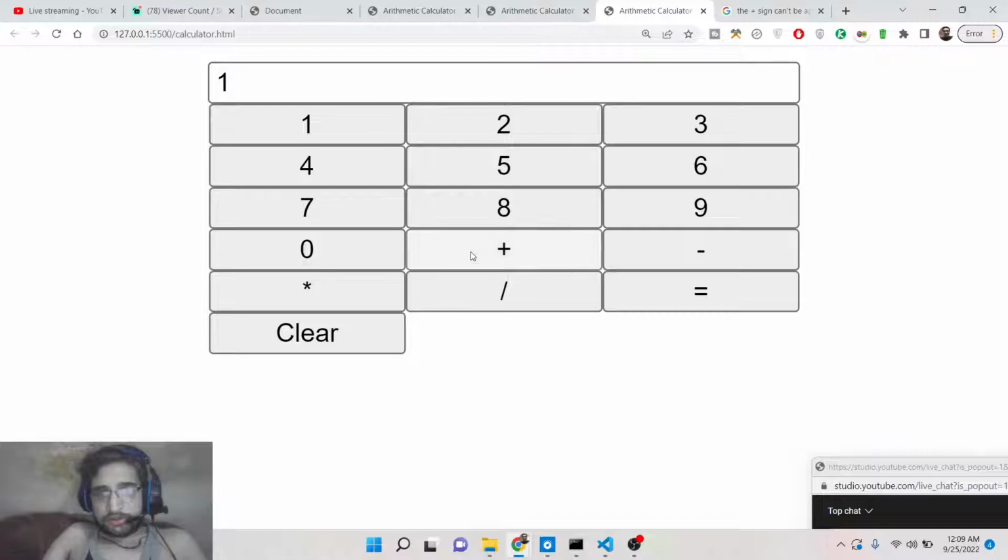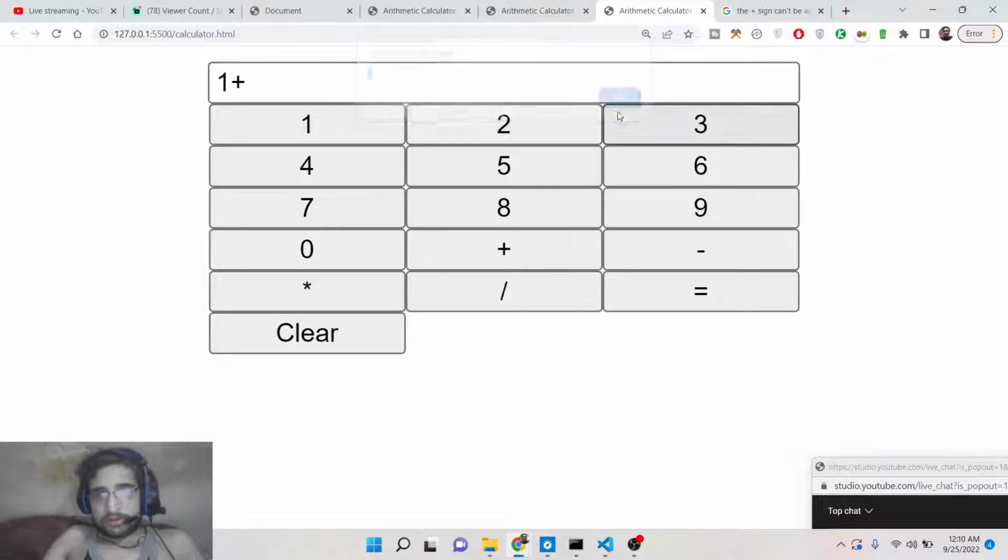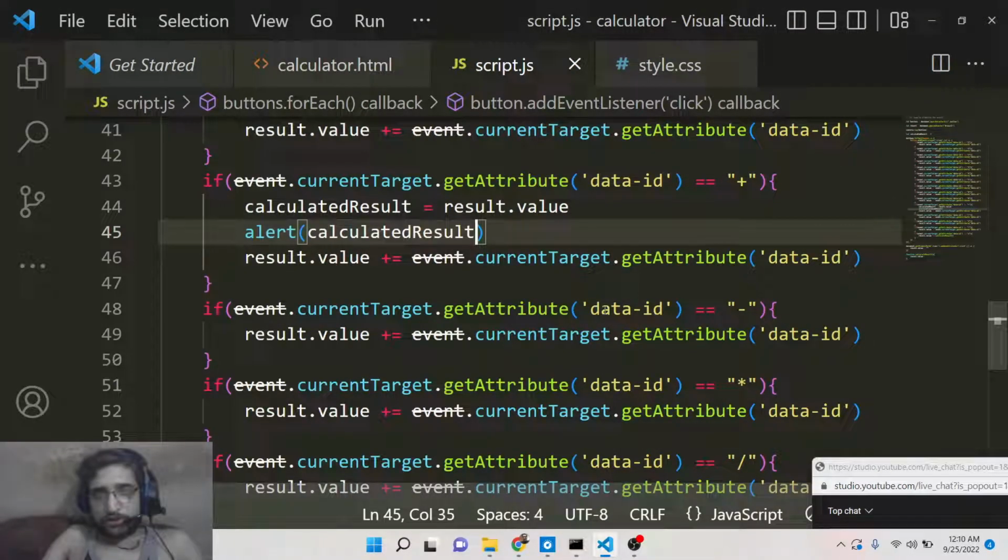So one will be there here. So 1 plus 1 plus, if I put the second one,